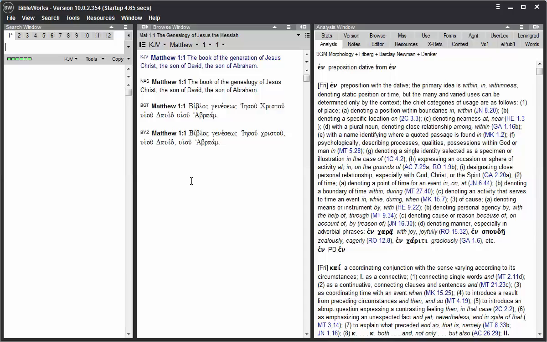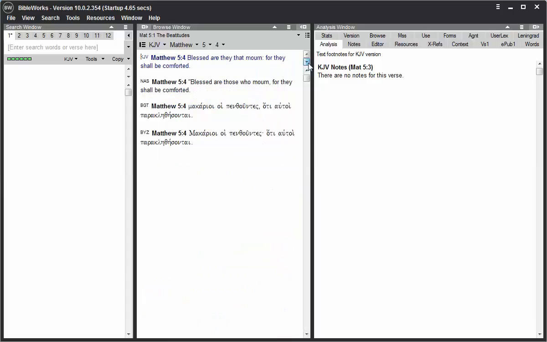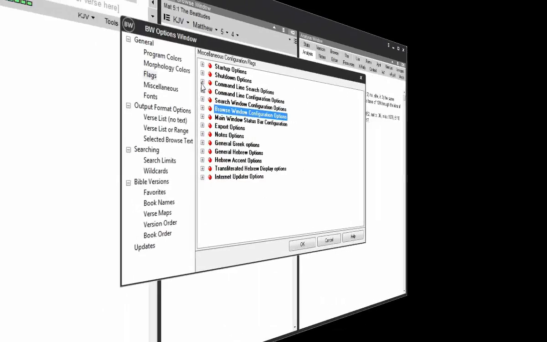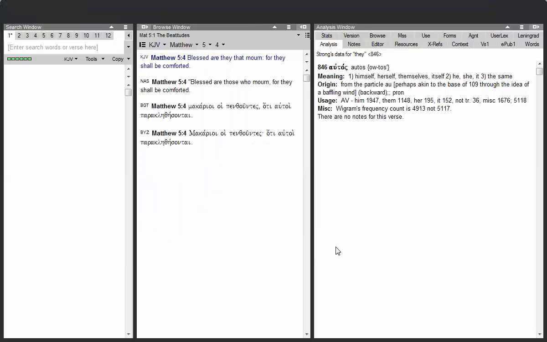You can type in a whole range of verses to view, and that'll take all your display versions and put in the range of verses. Let's say I want to put in Matthew 5, 3 through 11. Hit enter. Now it's put all those verses into the command line in the versions that I have on display. Notice that when you switch to a new verse, it will go back to the single verse display. There is an option under Tools, Options, Command Line Search Options